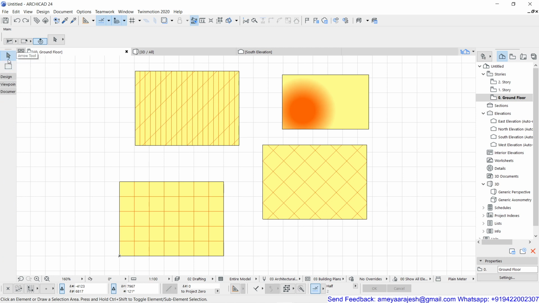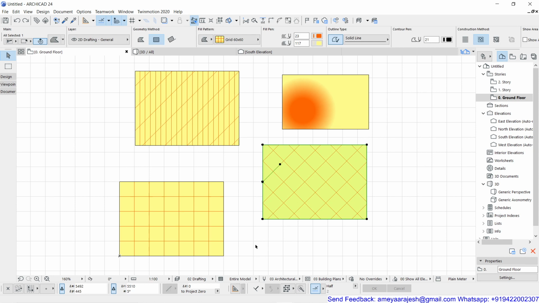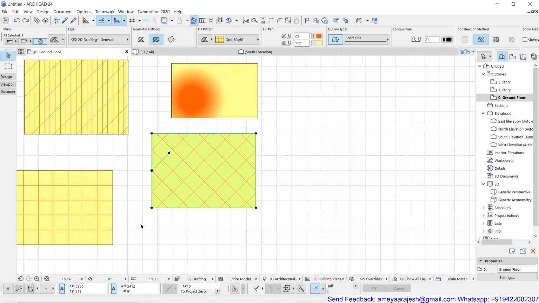Now with the arrow tool, see, if I select any of the pattern, this field, how about its editing? Normal commands like copy, rotate, or mirror are going to be the same as they are for the other objects also. So here, what exactly are we going to do now? We are going to focus more on the pet palette.